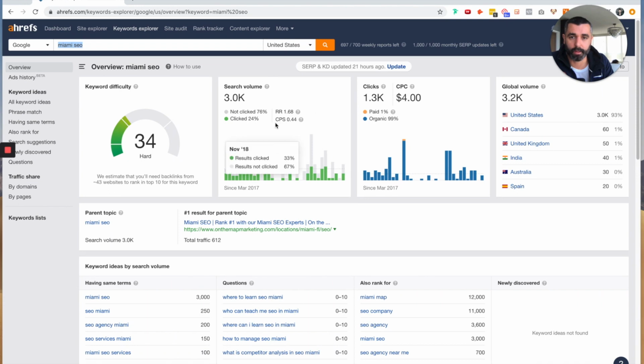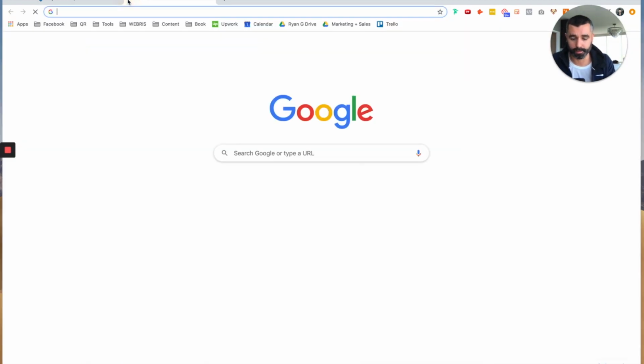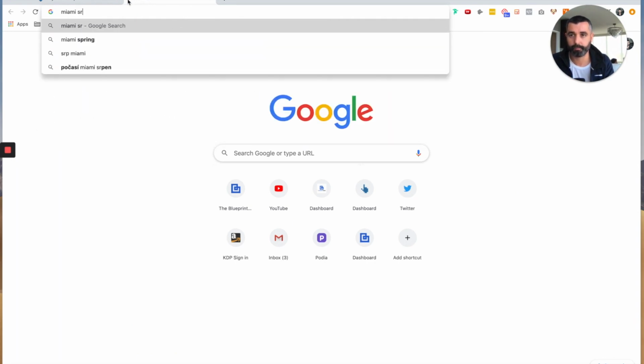This is something that I really love, these two different charts here, because this is going to tell us the overall keyword volume, meaning how many times are people searching for this keyword per month. So this is getting searched for 3,000 times per month. This is telling us what's clicked versus not clicked, meaning if we go and type in Miami SEO, what